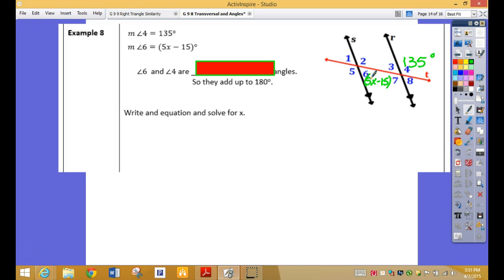I know that if we add them together, these two are, starts with an S, supplementary angles. So they equal 180 degrees. So if I take these two angles,